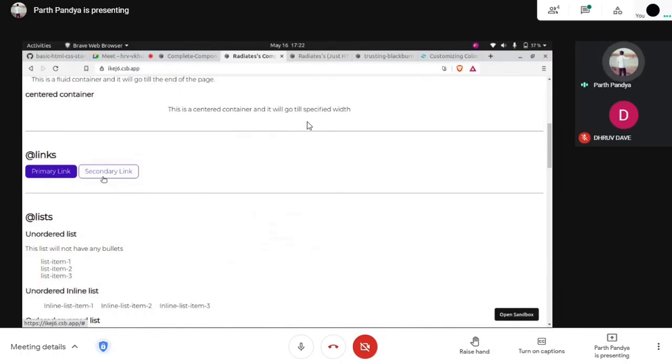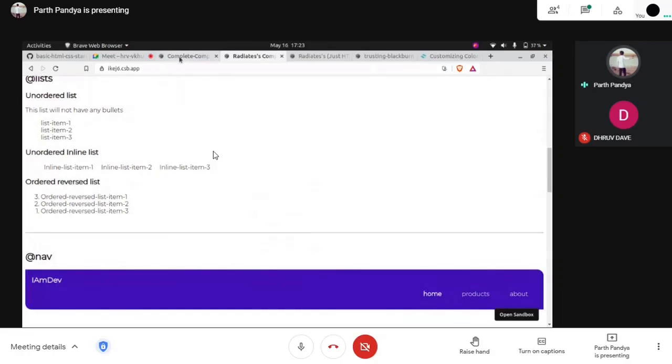And the concept of introducing primary link and secondary link, we discussed yesterday. I related this concept with Twitter. It has a tweet button and an edit profile button. The developers don't want, and the user also doesn't want, to click on edit profile daily. The user wants to tweet daily. So the primary thing which the user wants to do is to tweet. So it will have a button with the background filled with a particular color. That is the concept of primary link and secondary link.